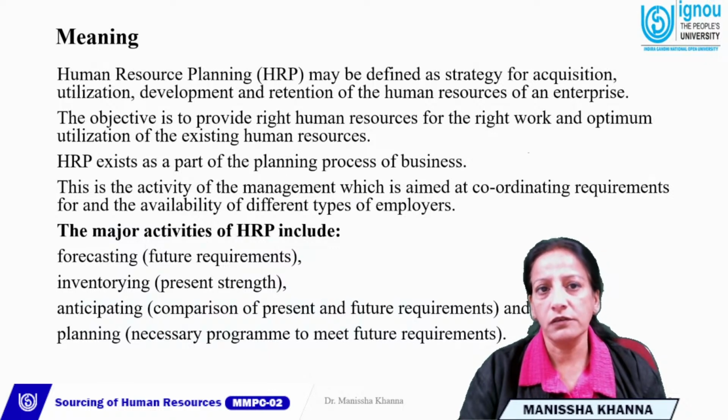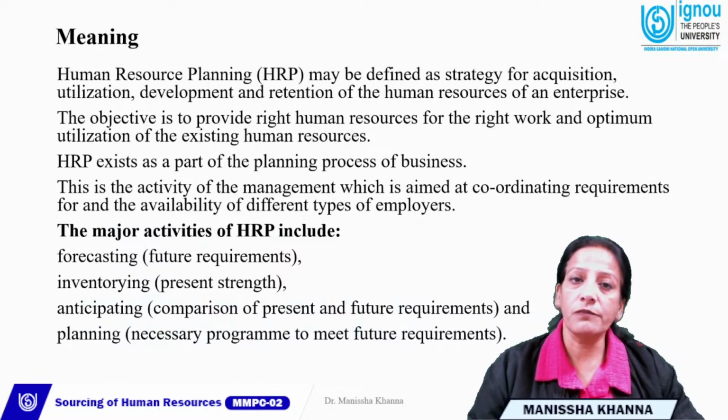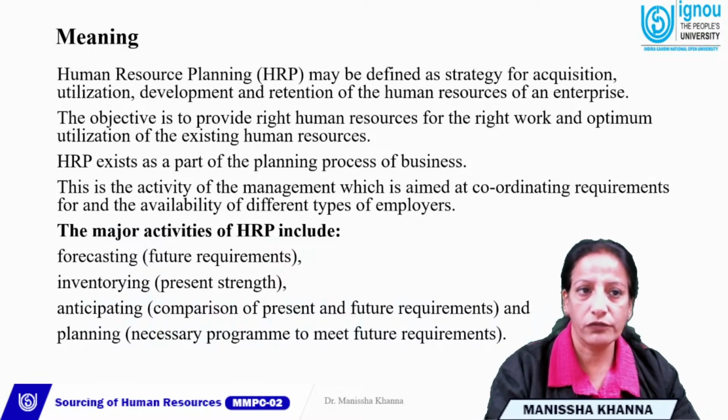Forecasting refers to the future planning or future requirements. Inventorying refers to the present strength based on the existing workforce. And anticipating is comparison of present and future requirements, and planning is definitely the necessary programs to meet future